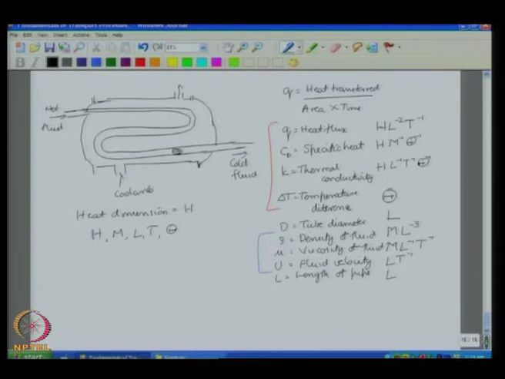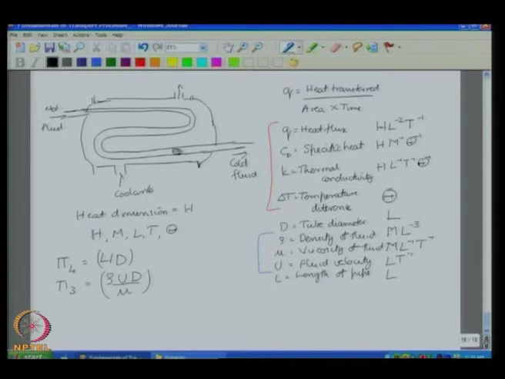Okay. One of these is pretty easy to see. The fourth one is just L by D. And the third one is what we had determined before, in the previous problem, the Reynolds number. Okay. We do not have to do it all over again. Okay. Now, the two others